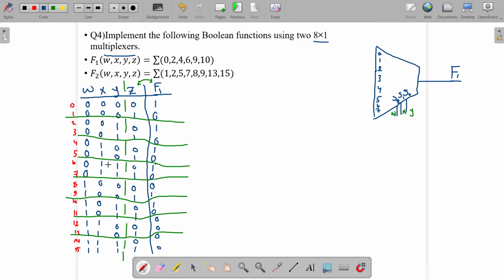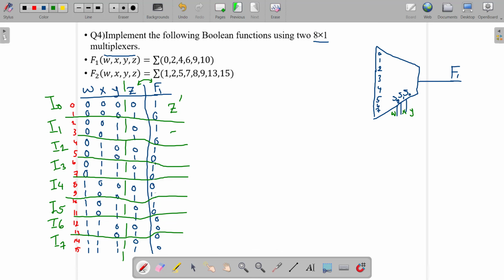So after drawing the truth table in this form, you can see that here is the I0, here is I1, I2, I3, I4, I5, I6, and I7. Now if we compare the F1 and Z here, you can see that here is Z